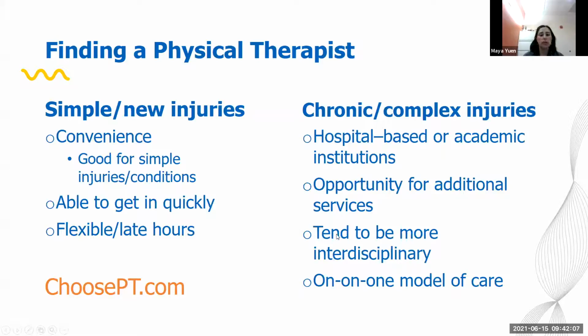A good resource that I do utilize with patients is choosept.com. It's a site that's powered by the American Physical Therapy Association and allows you to search physical therapists by zip code. And here you can also see when clinicians are board certified. So with a complex injury, especially if you work with clients or patients that are in very rural areas, you may not always have the opportunity to choose an interdisciplinary program or a hospital-based program, but it is helpful to see what's in the area and whether there are any specialists with board certifications in either geriatrics or orthopedics. I think that is really helpful.